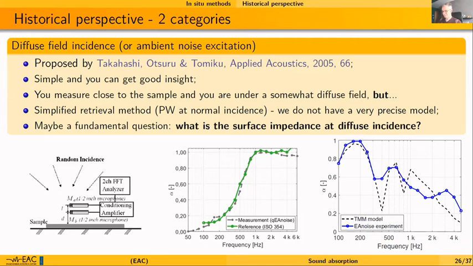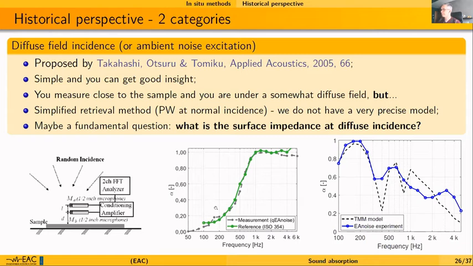But the tricky part is that the model that has been proposed in this original paper is a bit contradictory. In short summary, it assumes a plane wave under normal incidence. So you are actually measuring under a somewhat diffuse field, but assuming a plane wave at normal incidence, which is kind of contradictory, as I said, but it returns some practical results that you can plot and see the behavior